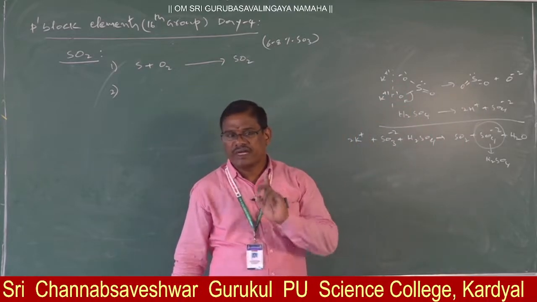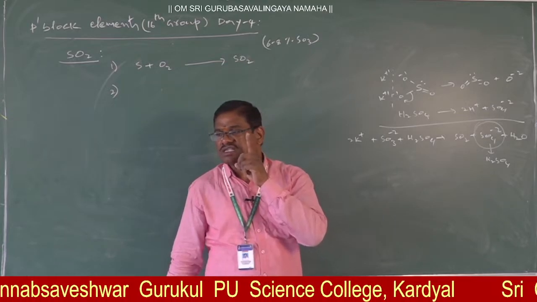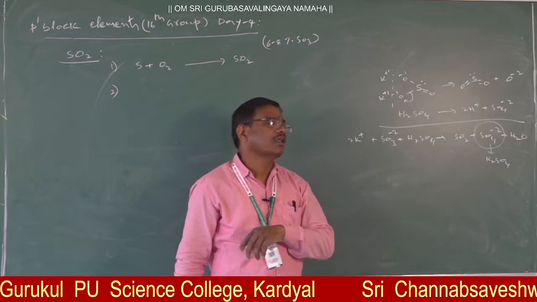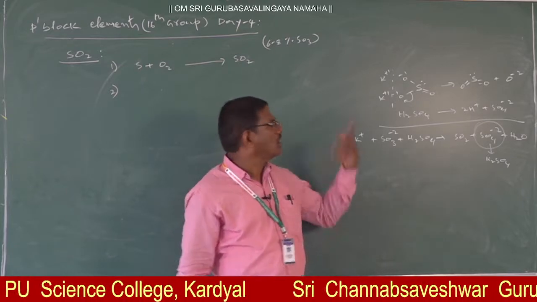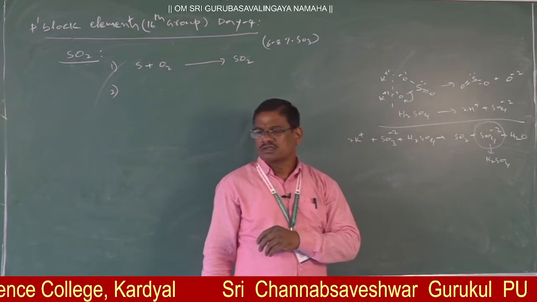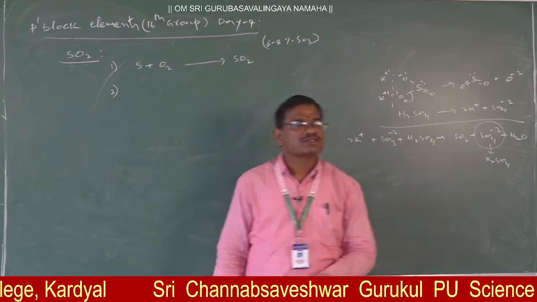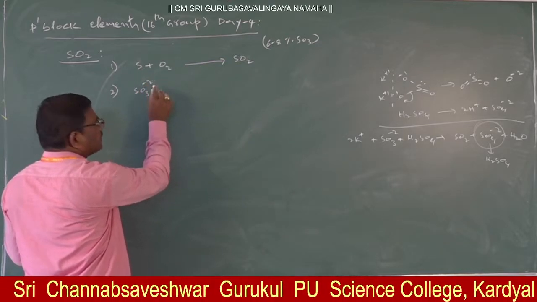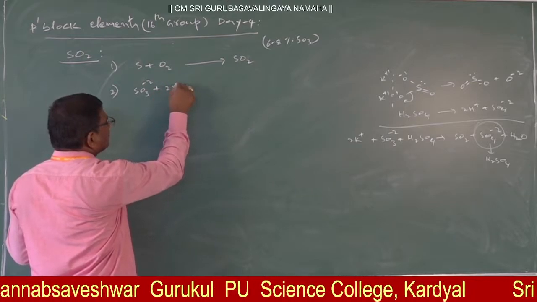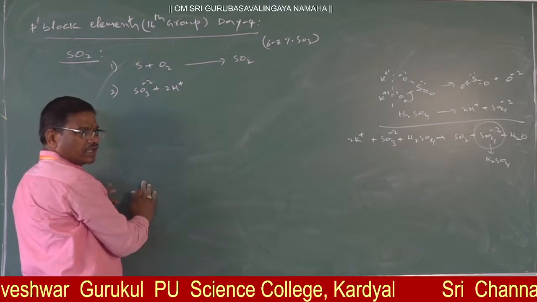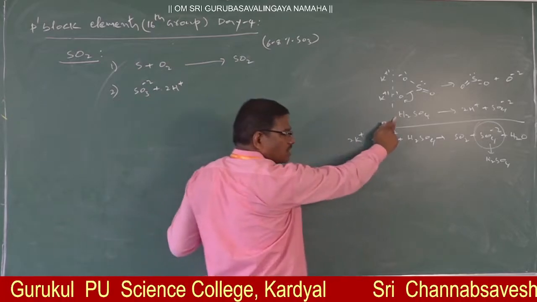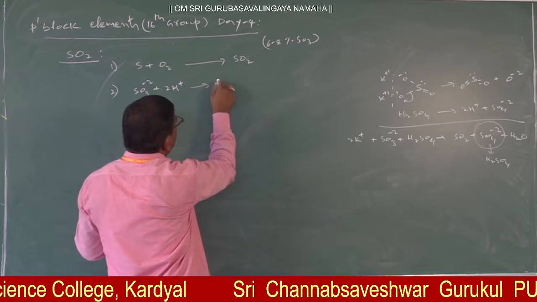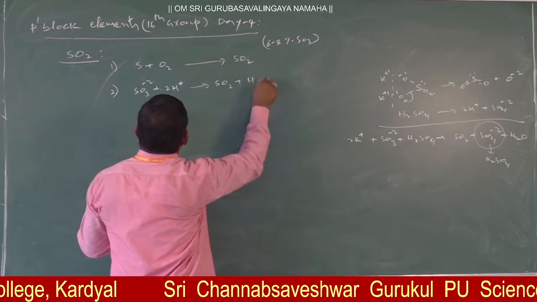Right? A sulfite salt, upon treating with sulfuric acid, will convert into sulfur dioxide along with potassium sulfate and water, or along with any metal sulfate with water. So this is one more method to prepare sulfur dioxide in the laboratory. So from sulfite salts, SO3 2 minus with H plus ions. H plus ions are given by whom? Sulfuric acid. This sulfuric acid is giving H plus ions. These H plus ions remove one of the oxide ions. It gets converted into sulfur dioxide with H2O.